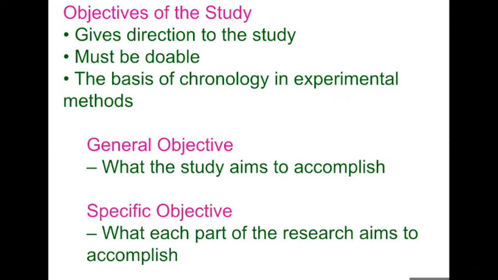Okay, so for example, if you are doing natural products, you will start with what? You'll start with collection, and then you'll start with extraction. After collection, you extract, and then you analyze. Okay, so in your experimental method, that's listed there. Now, when you write your objectives, include that same chronology, or same order. So collection, extraction, and phytochemical screening of this. Okay.